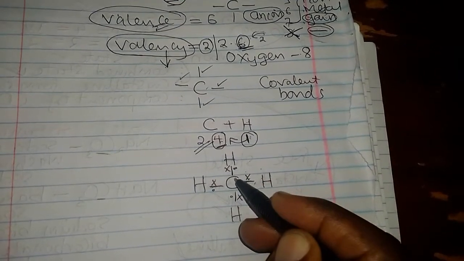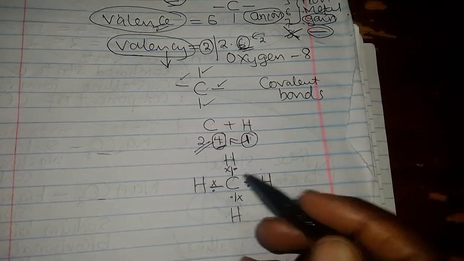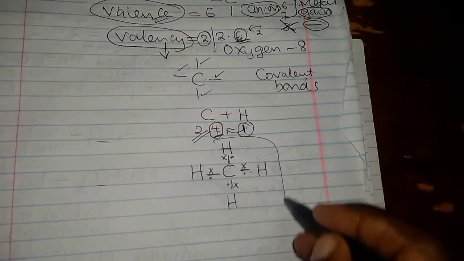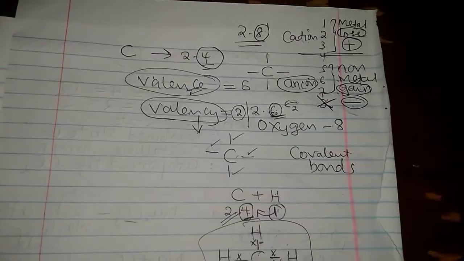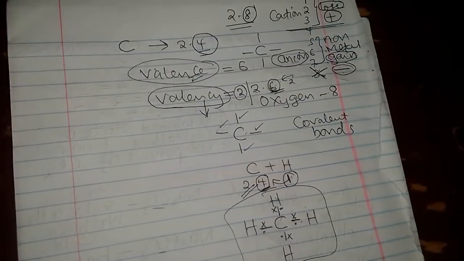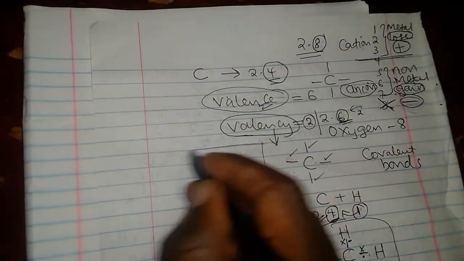What is a covalent bond? A bond between 2 nonmetals where there's equal sharing of electrons between those two nonmetals. And this is what we call methane, which is an alkane as far as organic chemistry 1 is concerned. So if I'm done with that part, let me just try to break down these allotropes of carbon, forms in